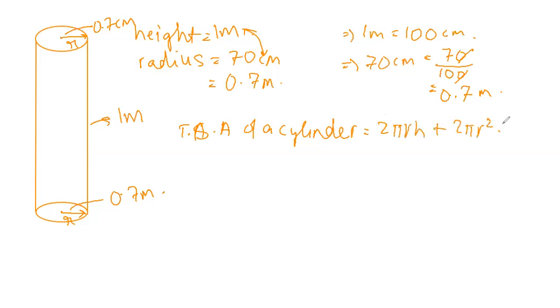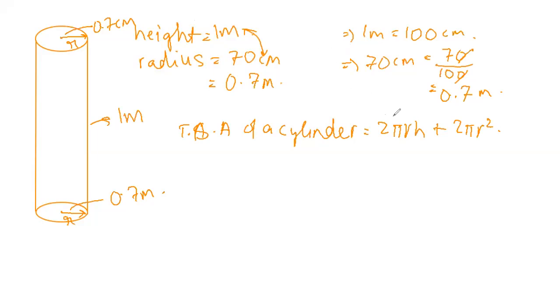Now in the previous problem that we have solved, we have said that the curved surface area of a cylinder is equal to 2 pi rh, but in this formula, it has specifically said that the total surface area of a cylinder is 2 pi rh plus 2 pi r square. Why is that so? Please do not be bored by this. Just look thoroughly into this explanation that I'm about to give you, because it might help you in the future.